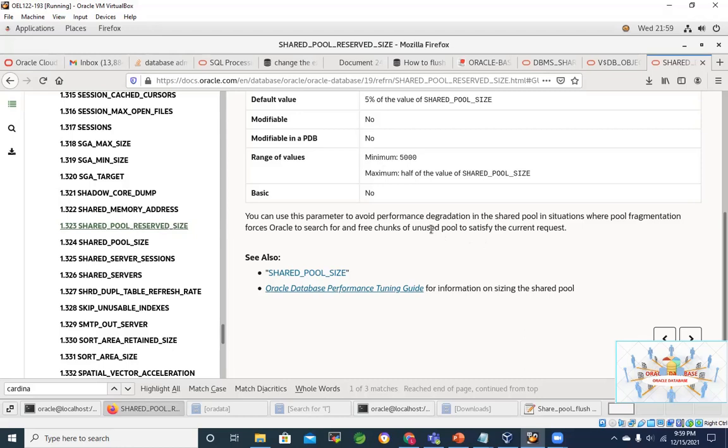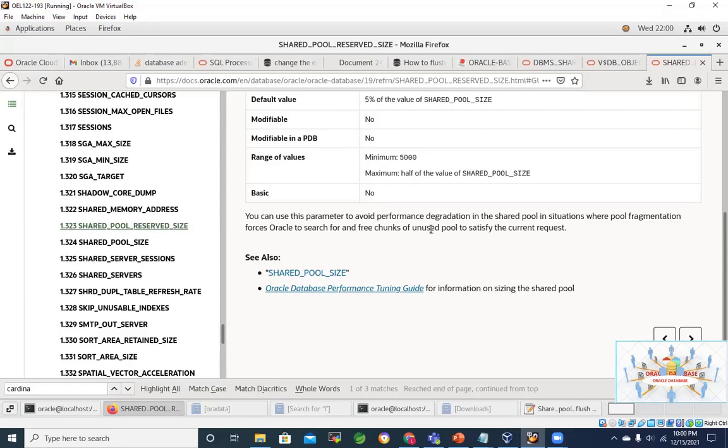This is probably explained in other documentation as well because normally the shared pool uses the least recently used algorithm. There can be fragmentation because, depending on the requirement, Oracle's processes allocate memory to store the execution plan. So due to fragmentation, when some large, contiguous memory is required, Oracle services might not be able to locate that much memory in the shared pool. On a continuous basis, it might not be able to acquire a set of blocks. So that is where this reserved pool comes into play.